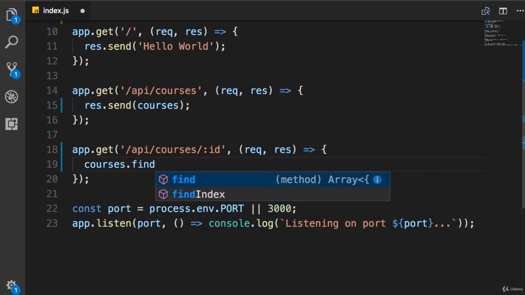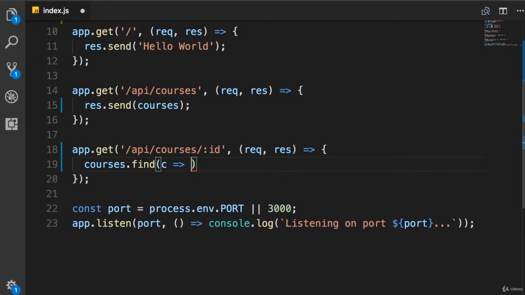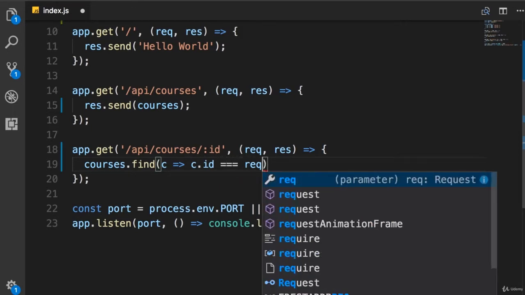This is a method that is available on every array in JavaScript. As an argument to this method, we need to pass a function. This function will be used to find a course that matches a given criteria. So we use the arrow function syntax, c goes to, and here we write some logic that returns a Boolean value. This Boolean value determines if this course is the one we're looking for or not. So c.id should equal